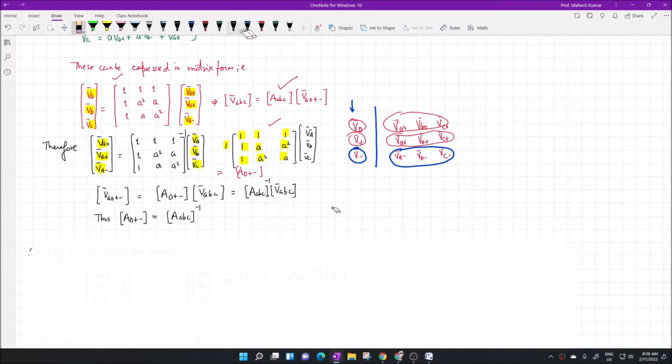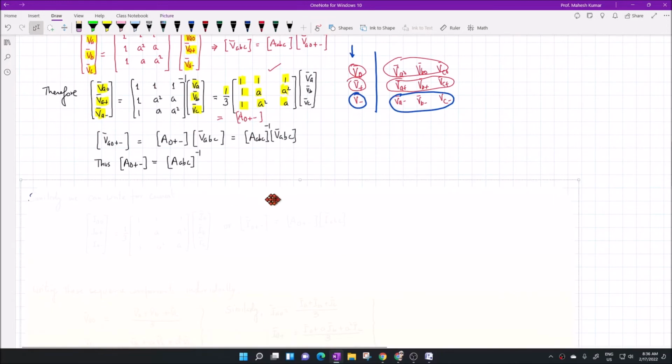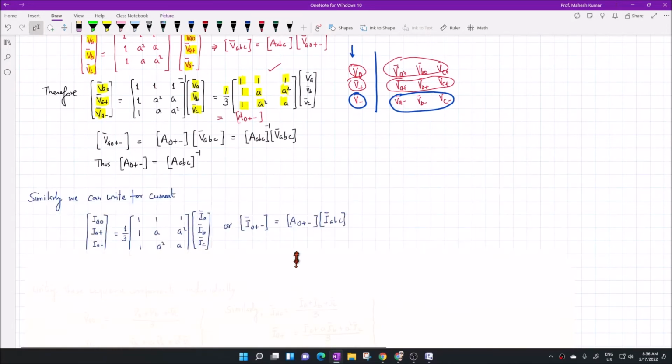I will discuss more about this when I discuss the load compensation using instantaneous symmetrical components. Okay, I will talk about it later. But right now you understand that there are different kinds of transformations. Now, with this understanding, we can